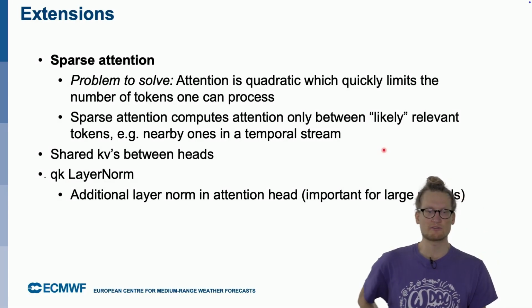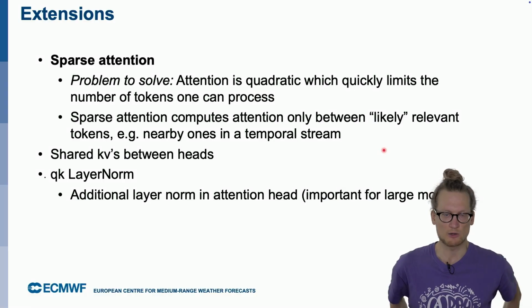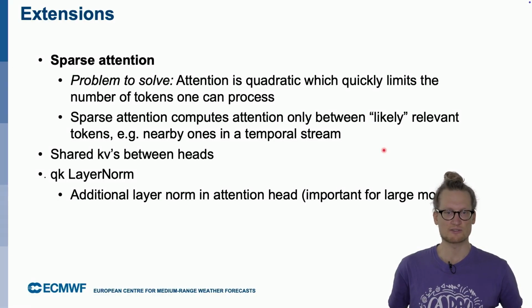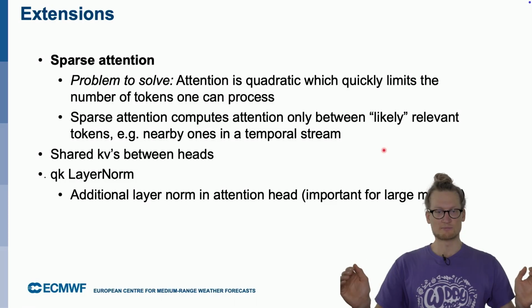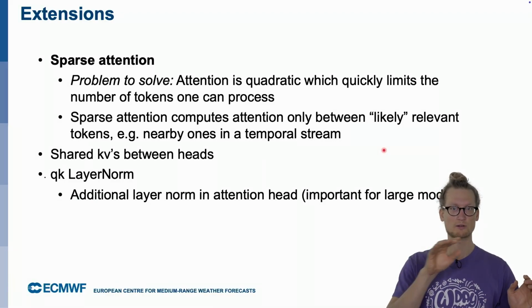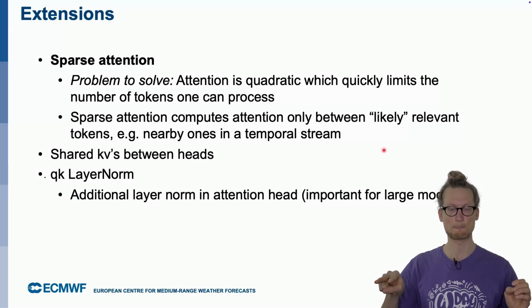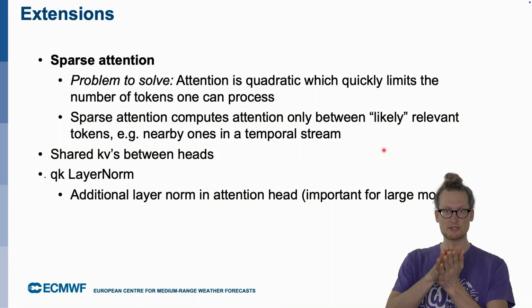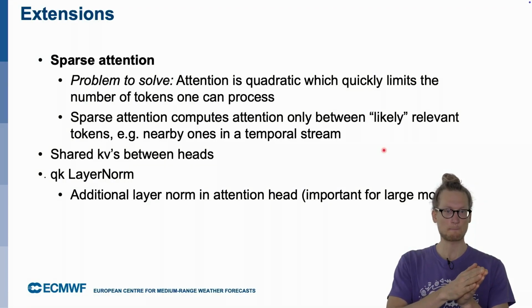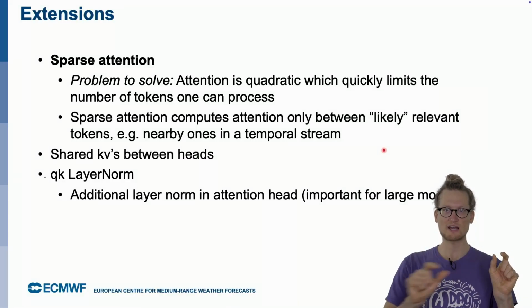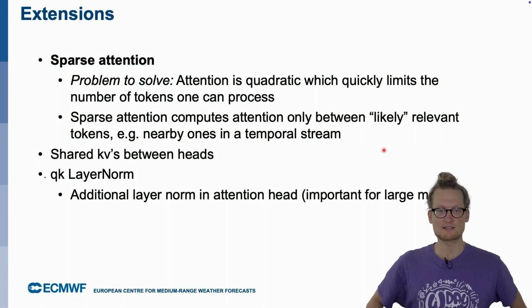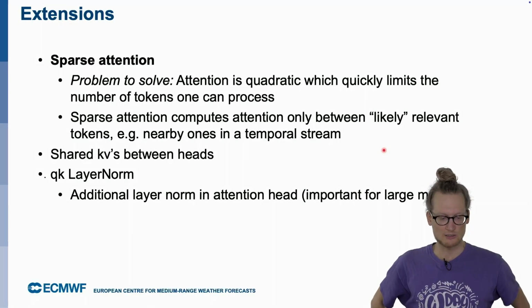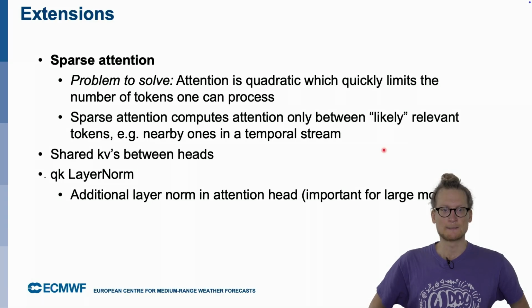So there are now a couple of extensions still. Transformers are super powerful, but they have their limitations in terms of quadratic complexity. And this is pretty problematic, because the longer the sequence becomes, the more tokens we have, the more pairwise comparisons we have to compute. In order to do the cosine similarity, like the dot product, we have to compare every token with every other token. And this grows quadratically, so computationally it gets very expensive quickly.